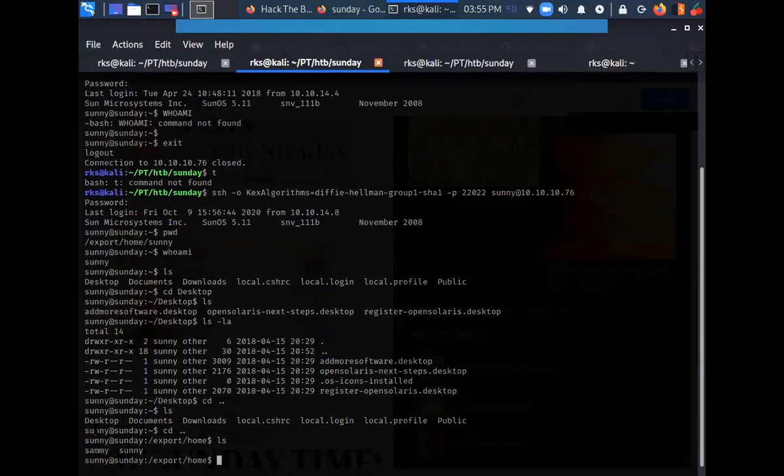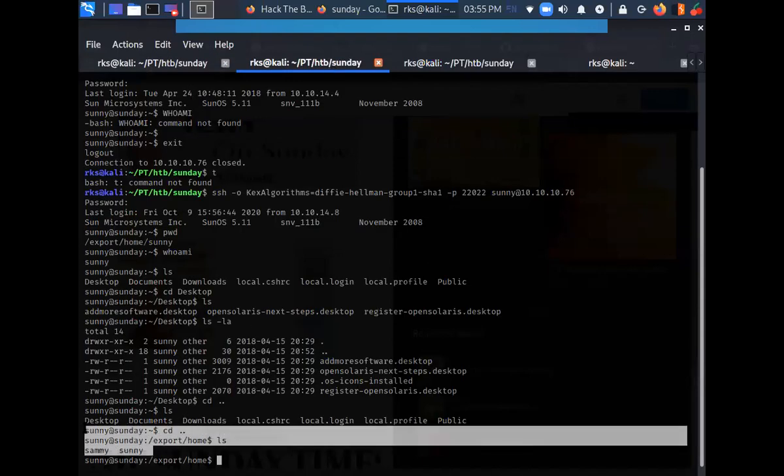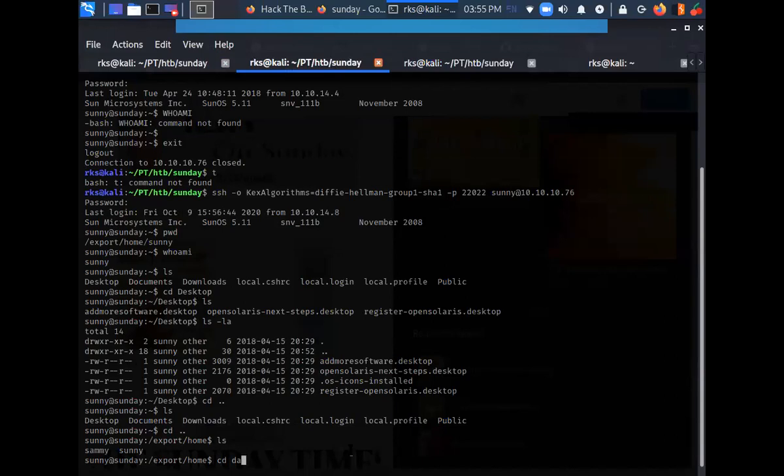I can see here there is another user named Sammy. Both of these users are going to be revealed by my finger Perl script. It was taking some time, so I skipped this part, but you can keep it running and you will see that Sunny and Sammy appear here. Let's go to Sammy.